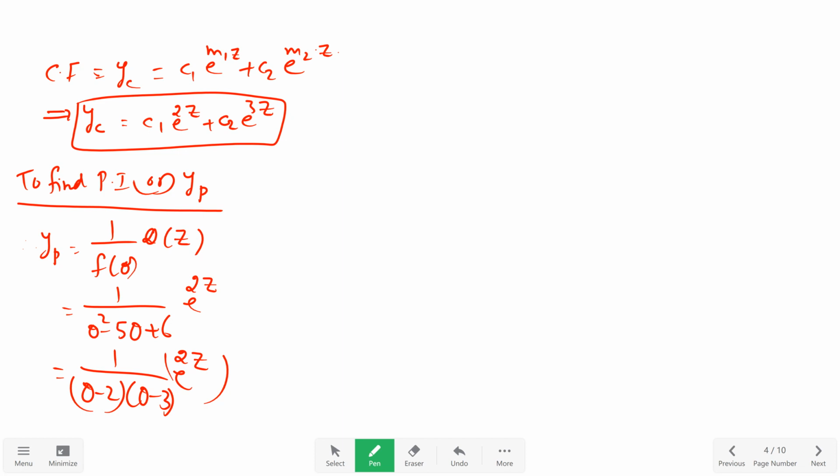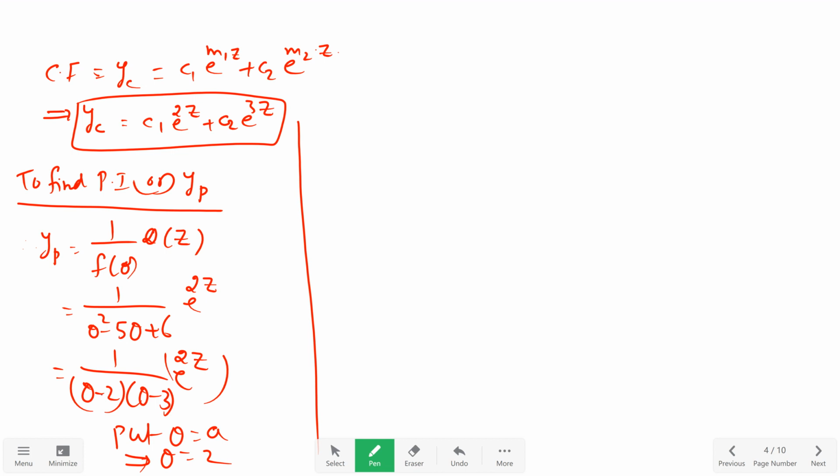So e to the power of 2z is of the form e to the power of az. Here a is a root of theta square minus 5 theta plus 6 is equal to 0. Then if you take the substitution, put theta is equal to a, that implies theta is equal to 2. Substitute theta is equal to 2 in the above step,